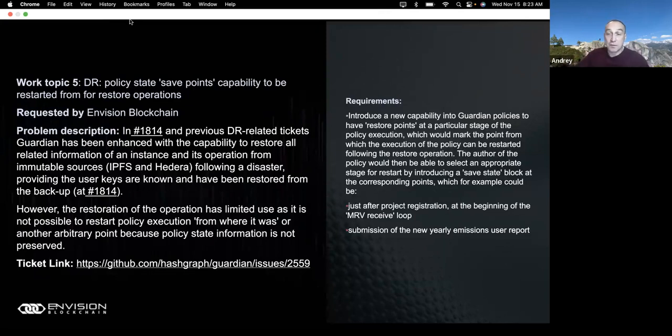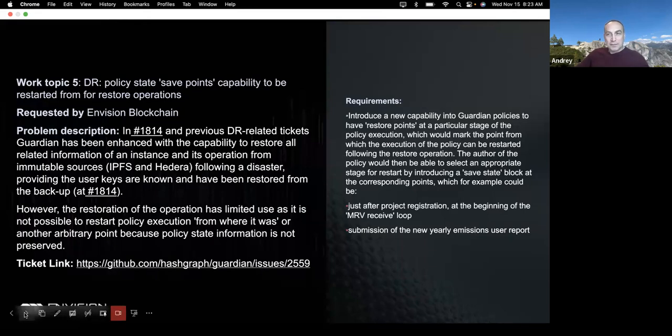It's an improvement. It allows you to continue running the project in the case of disaster, and disaster means the complete collapse of all backups. Maybe a data center where Guardian was running got flooded, and all the backups as well, which is unlikely to happen, but possible.